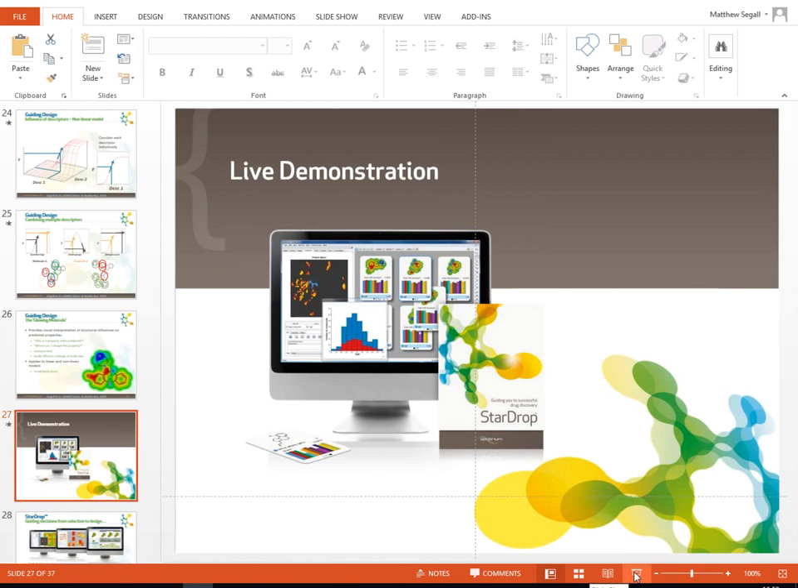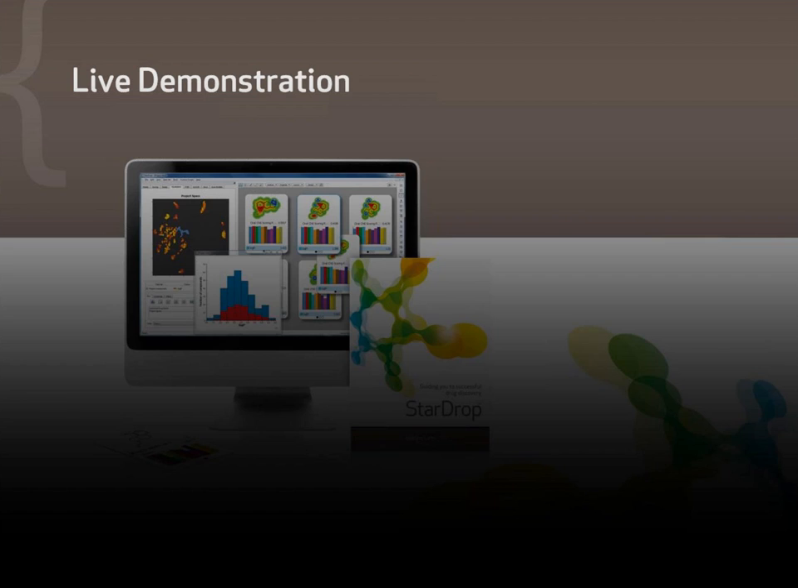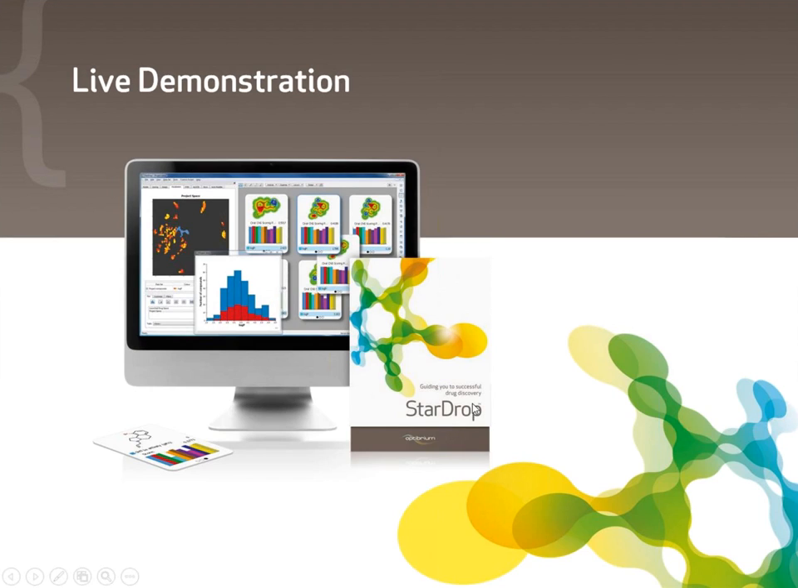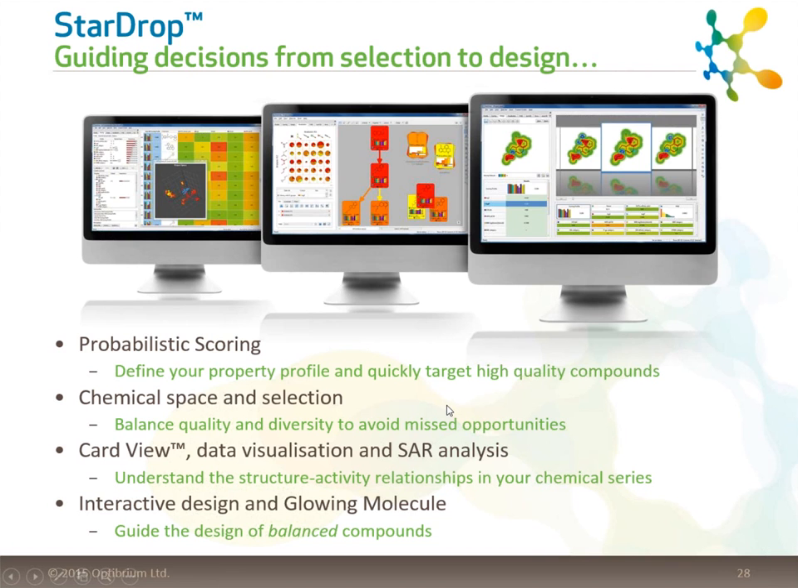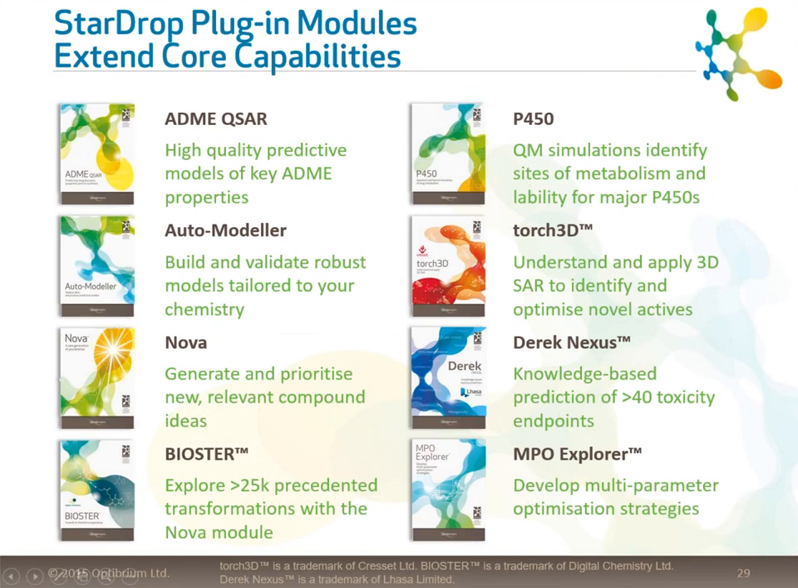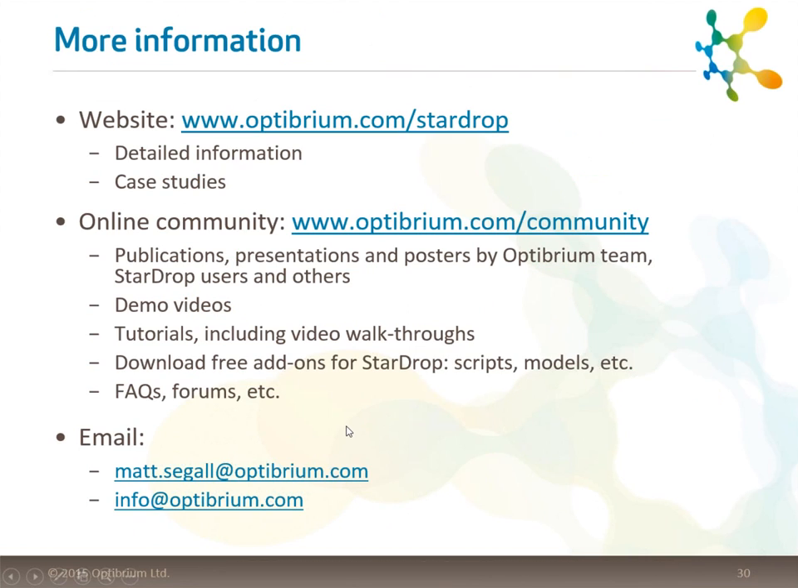Obviously, I've just shown some examples of those concepts that I talked about in my slides. I've only scratched the surface of what StarDrop can do in terms of not only the scoring, but chemical space analysis, more data visualization, as well as the interactive design and the glowing molecule. A wide range of plugin modules extend StarDrop with predictive modeling and de novo design capabilities as well. Again, I'm not going to talk about that now. I'll just leave this slide up for a second to show you where you can find much more information if you are interested